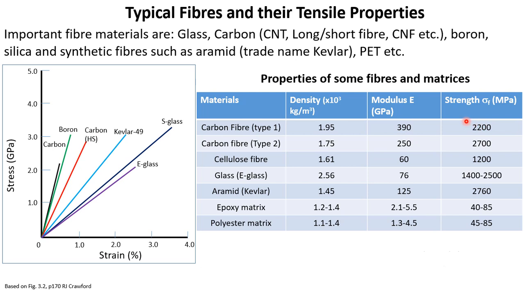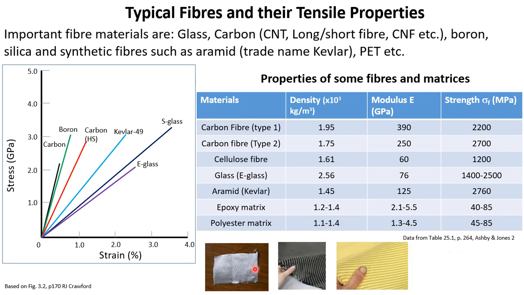In terms of strength, we can see that carbon fiber has very high strength, but aramid fiber also gives a very high strength. So aramid fiber does not have very high modulus, but modulus is in between carbon and glass fiber, but strength wise aramid fiber is comparable to carbon fiber, and these two are epoxy and polyester matrices. So the role of the matrix is basically to hold the fiber together, but there are many other properties that are important in order for us to get the best matrix for the composites.